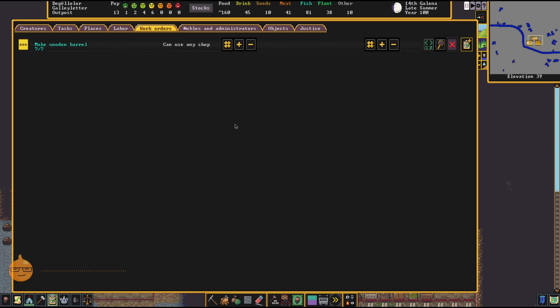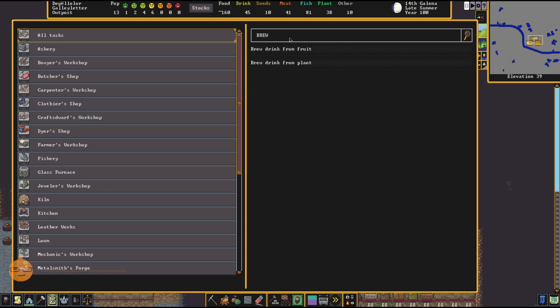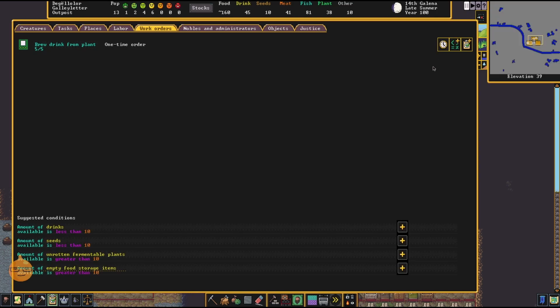I will now right-click in here, and I will click again on Create a new work order. Now I'm going to jump into Brew drinks from plants. And I'm going to lower the number from 10 to, let's say, 5. Click on the green icon, and I'm gonna say, well, first of all, check the amount of available drinks. So only brew 5 more batches if the amount of drinks available is less than, well, 10 is pretty low,